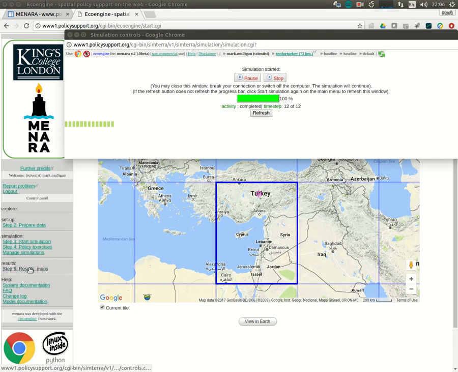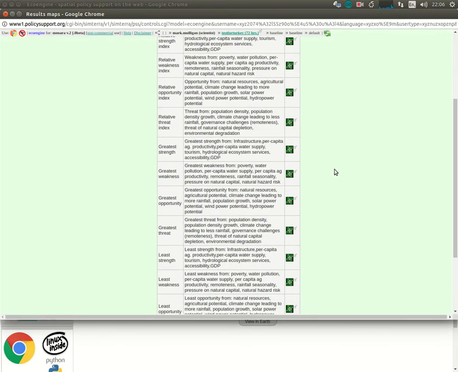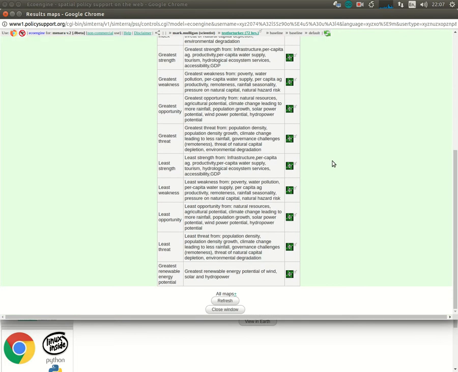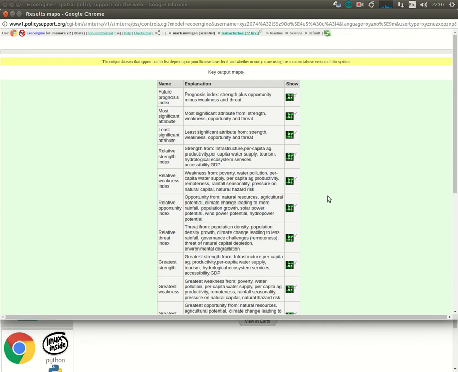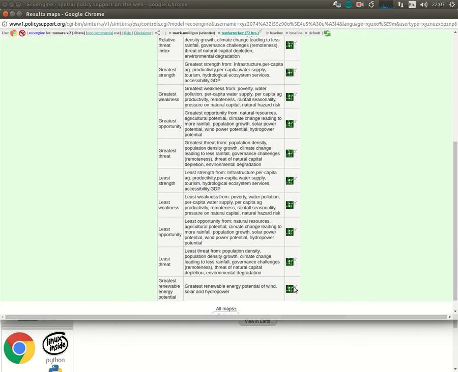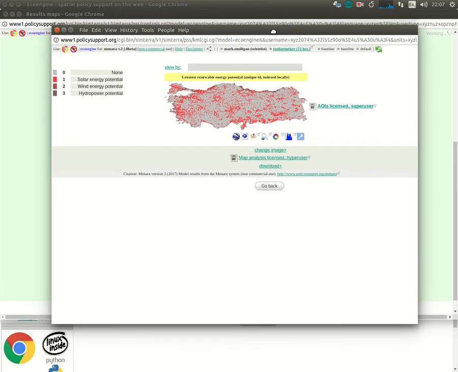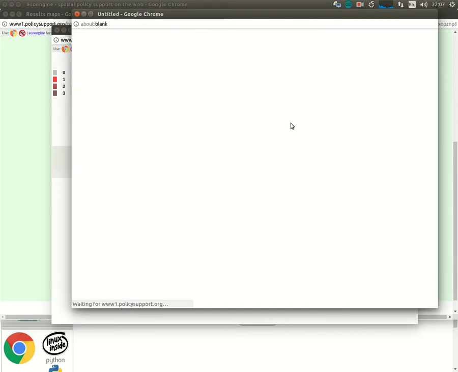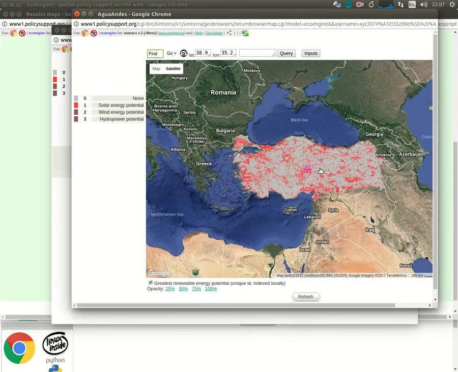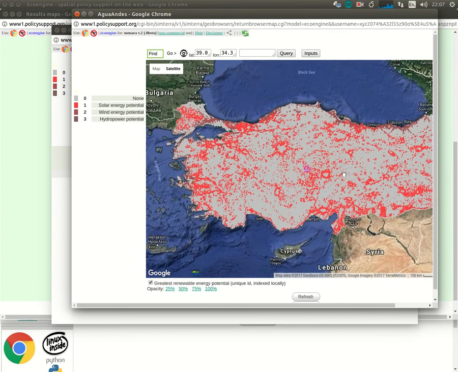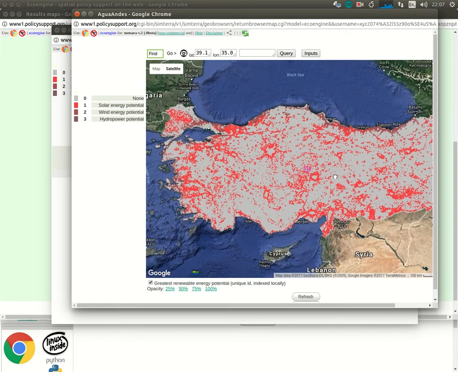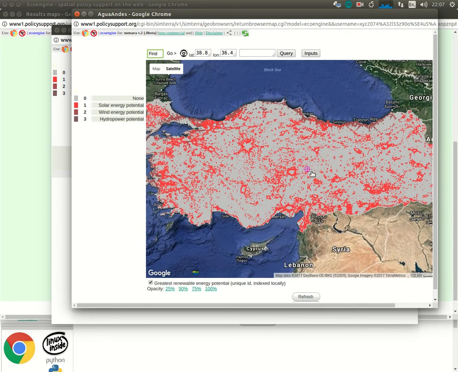So if we now have a look at step 5, results maps, to get an idea of what we see, we have a whole series of indices that start at the bottom with the simplest and then grade upwards to the more sophisticated. And so of course the first map that we have here is a map of the greatest renewable energy potential. So this takes the outputs of the solar energy, wind energy, and hydropower energy maps, and classifies in each pixel for Turkey which is the dominant or the maximum potential of those three, so that we can see throughout much of this particular country, solar energy is the greatest potential, but really only in a band around